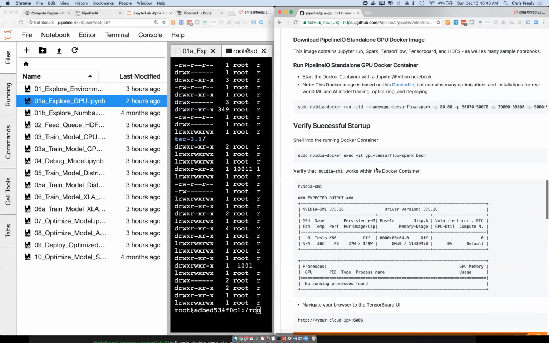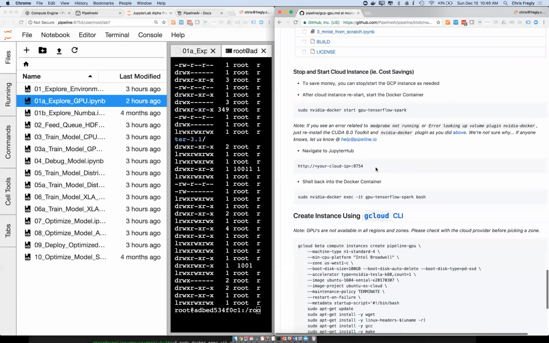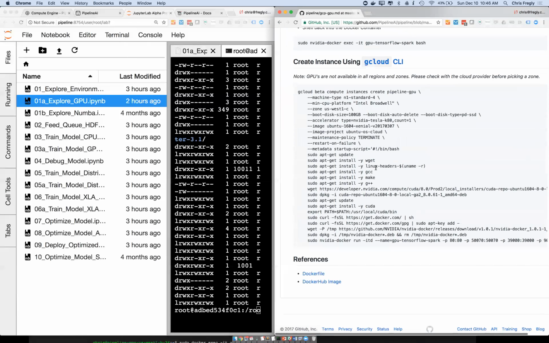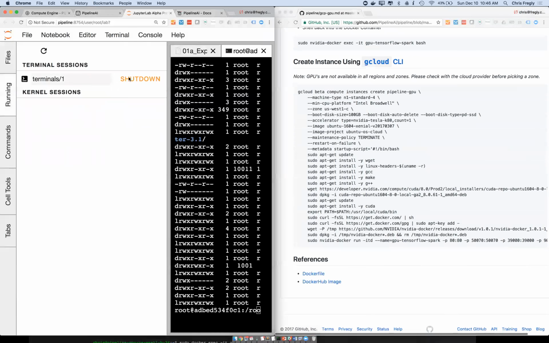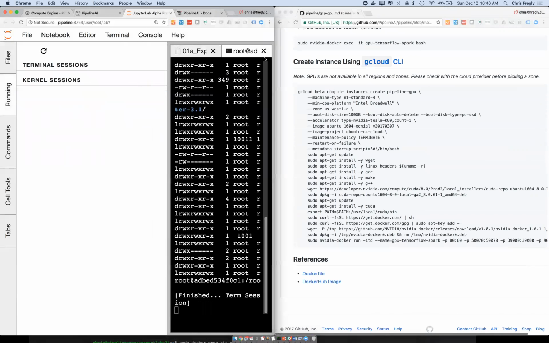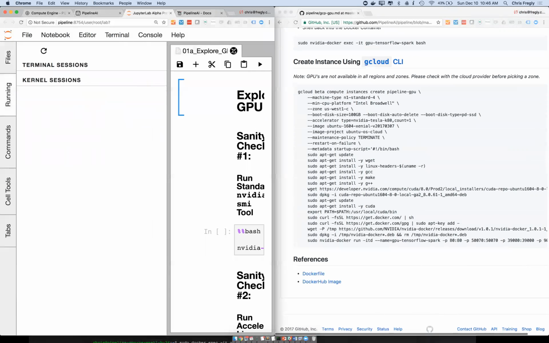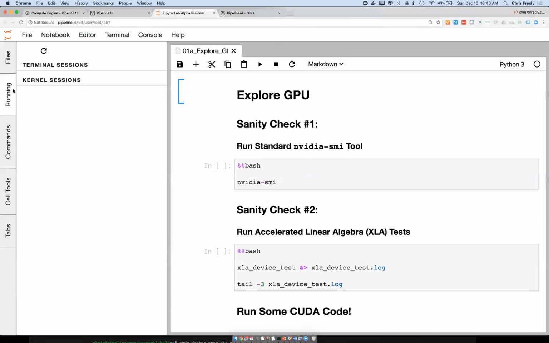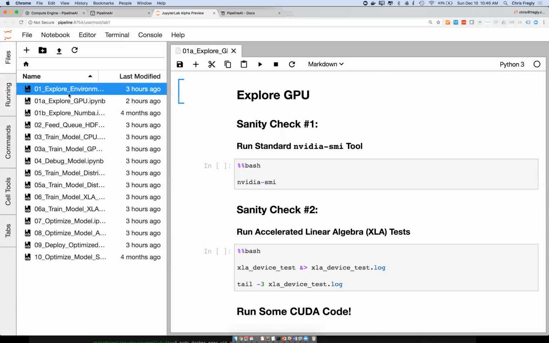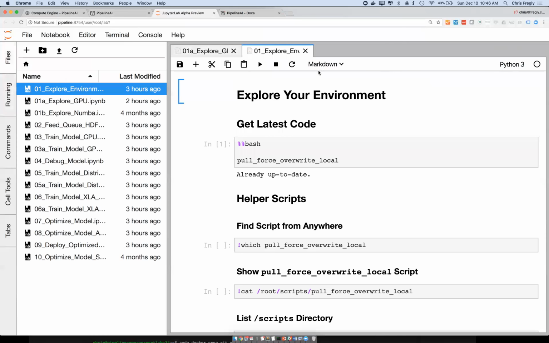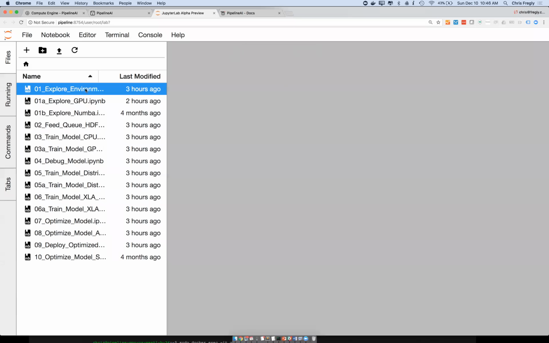All right. These are all the ports that need to be opened for the WebSockets and for JupyterHub and for TensorBoard and all that kind of stuff. All right, so let's shut down that terminal. So once again, make sure that there's nothing in this running tab, and let's go to the first tab, or the first notebook,